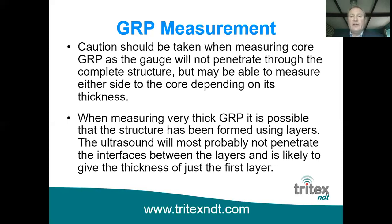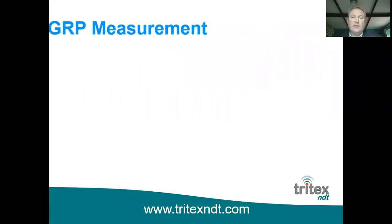When measuring very thick GRP, it's possible that the structure has been formed using layers, and this is particularly around where keels are bolted onto the bottom of the yacht. It tends to be thicker in that region, maybe 25 millimeters, and of course that's made up of layers. So the ultrasound won't travel all the way through something like that. It might penetrate 2 or 3 of the layers and give you an inaccurate reading. So it's important to be aware of situations like that. As I said earlier, the gauge should be used in conjunction with your